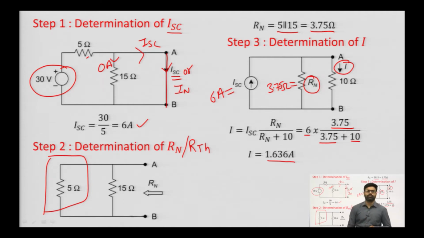This is how we obtain Norton's equivalent circuit or current using Norton's theorem in any branch. First, we will short circuit the terminal on which we need to find the current. Then we will find RTH or RN by replacing all the independent voltage sources by their internal resistance, that we have done here, and then we can replace the whole network into a single equivalent current source in parallel with the resistance RN. इससे हमने replace कर दिया.